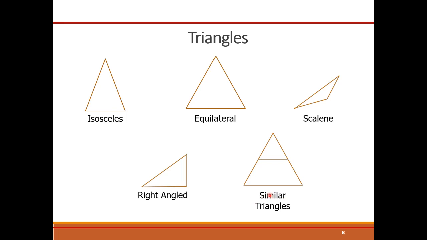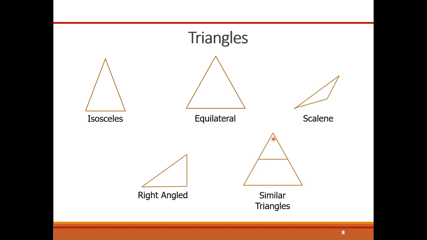Then these are similar triangles, meaning there are two triangles in which some sides are similar. Using similarity of triangles, we can find the ratio of the two triangles. This is the smaller triangle and one is the larger triangle. You can see the bases of both triangles are parallel.